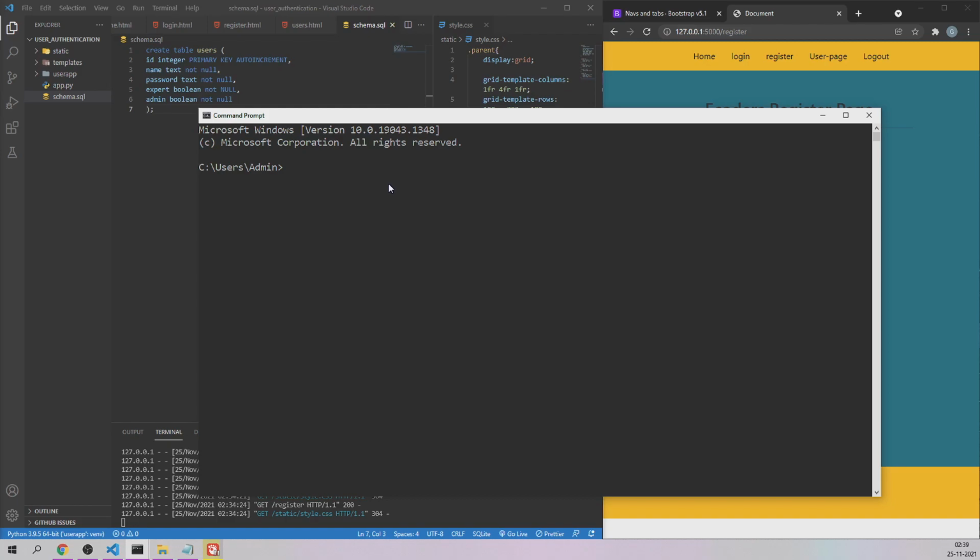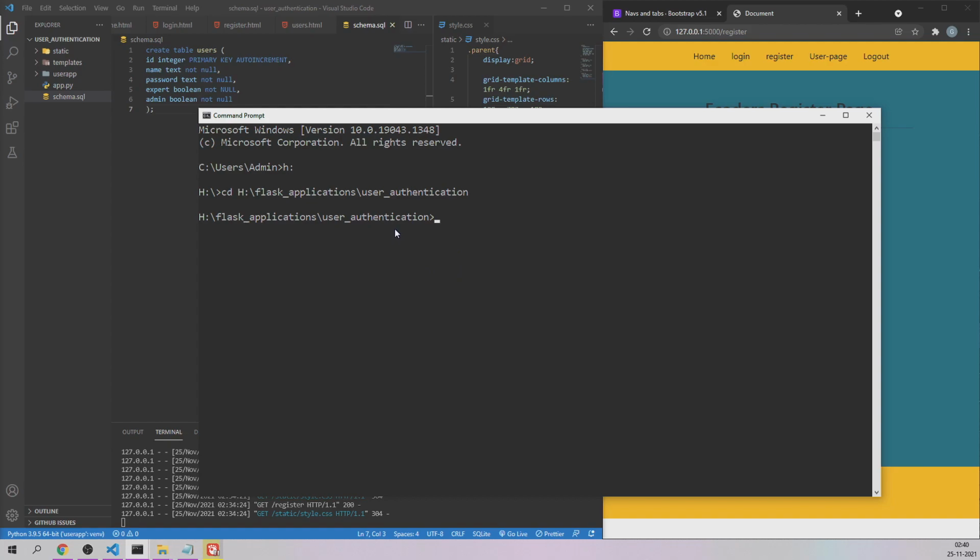First you have to navigate to the folder where you want to create this particular database. Right now I am inside my H drive, where I'm going to create this database using this file called schema.sql, which I have just created. So let me go to that folder. Here let us type cd, then give space. So this is the folder location. This is the one where we need to be.